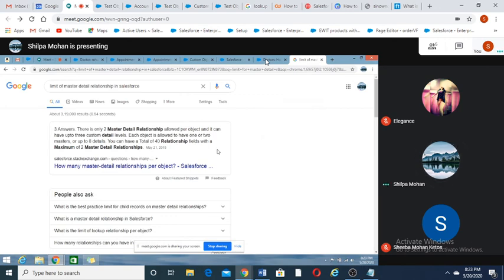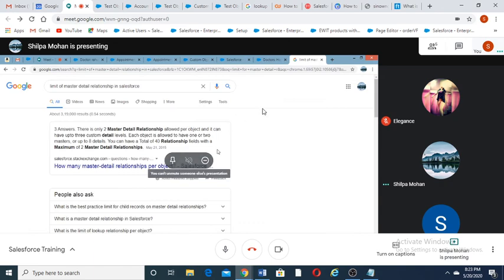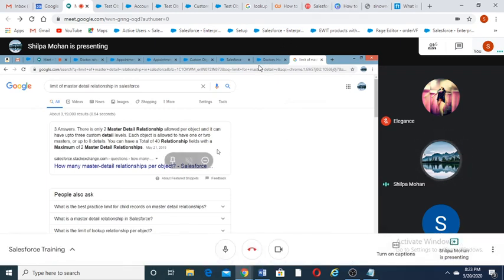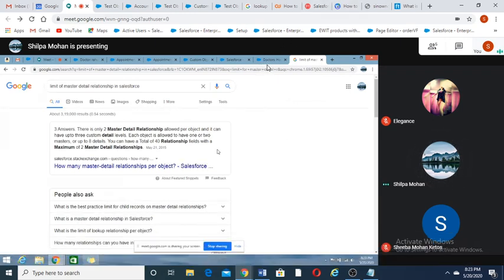So based on that this will vary. Okay, so for developer edition, the limit is 40 lookup relationship. In that you can create 2 master detail relationship and 38 lookup relationship. Okay, so any doubt till here? No. Okay.